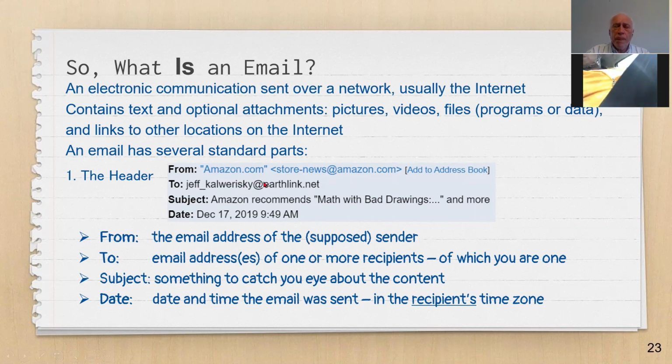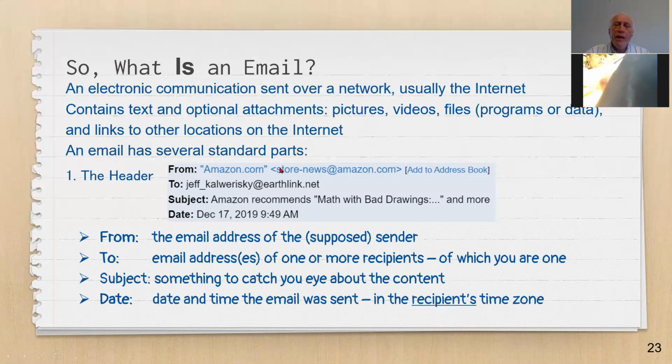But then the question is, let's look at this email address, this from. So all email addresses are really the same as this. You've got a name in the front between inverted commas. Here it says Amazon.com, but it could say anything. It's like a nickname. This could say anything you like. It could say the President of the United States. It doesn't matter, right? Ignore that. But again, the scammers know that nobody looks at email addresses in detail. So they'll put a name in here that makes you think it's from Microsoft or Amazon.com or whatever.